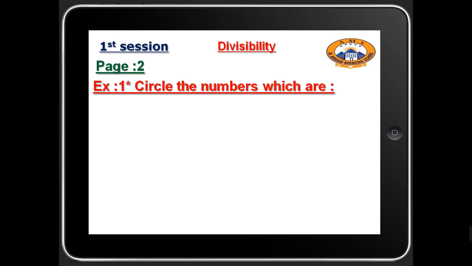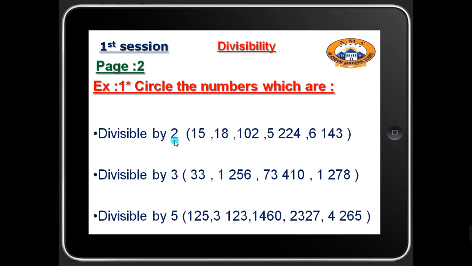So let's solve some exercises. Please open your mini booklet, page 2. We're going to solve exercise number 1. Circle the numbers which are divisible by 2. This is so easy. All you have to do is to look at the units place. Here is 5. 5 is odd, so it's not divisible by 2. Here is 8. 8 is even, so this number is divisible by 2. And here is 2. 102 is an even number, so it's divisible by 2. And here I have 4 in the units place, so this number is even